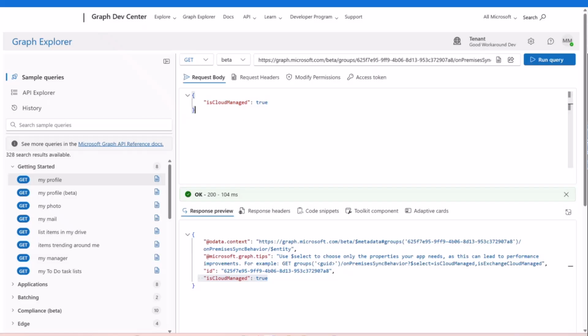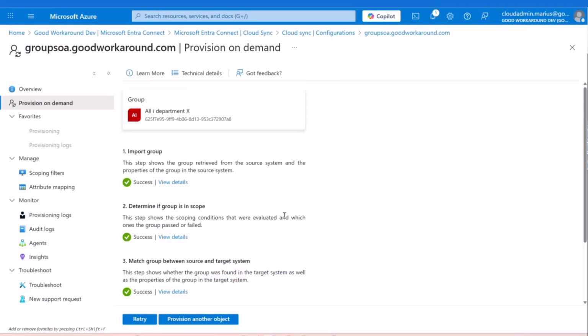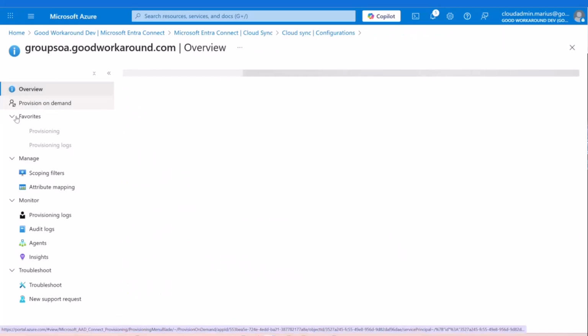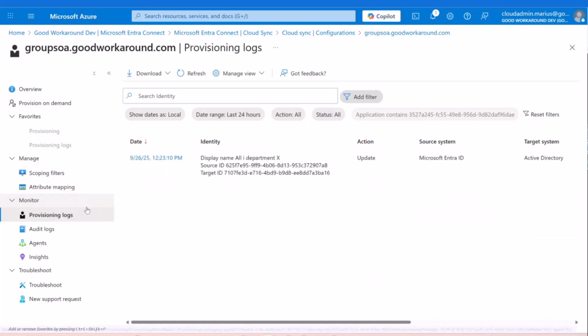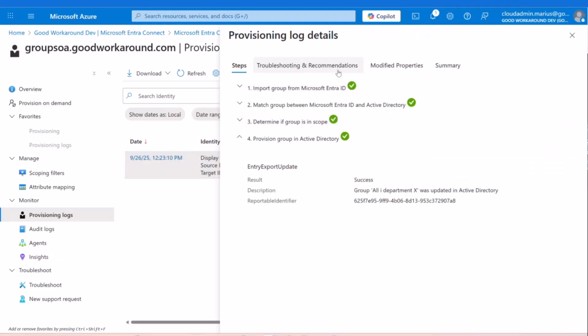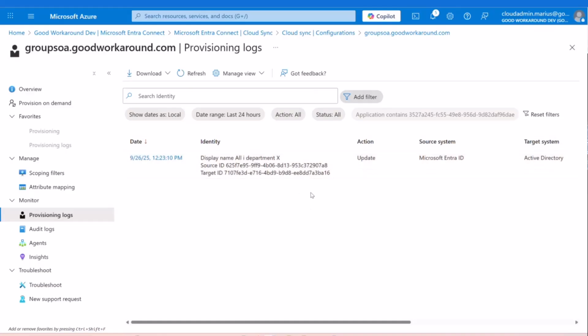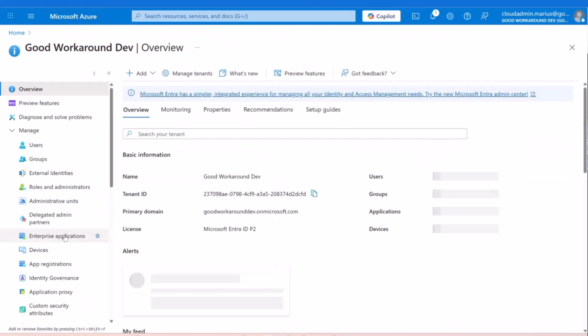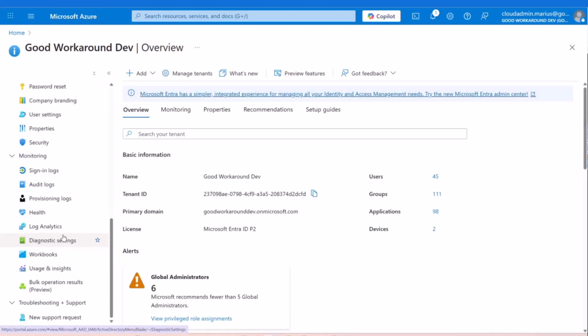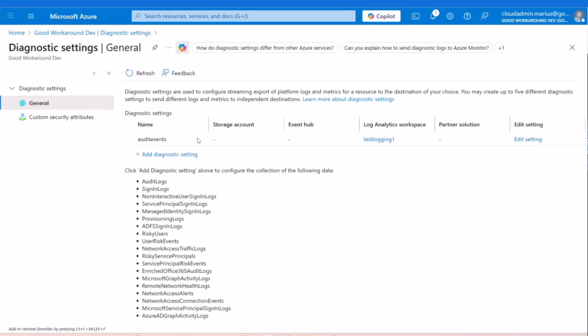Okay, yeah. So there are still some monitoring parts missing from Microsoft, but this is just in preview now. So yeah. There might also be, on the writeback itself, you also have this provisioning log. Yeah. So this provisioning log will contain everything that happens, as you can see here, all the modified properties and everything. Yeah. So this should be monitored, meaning that I would recommend having a log analytics instance. We have this diagnostic settings where you can add